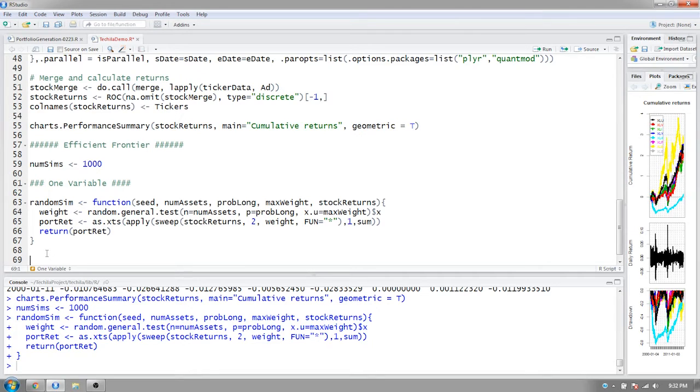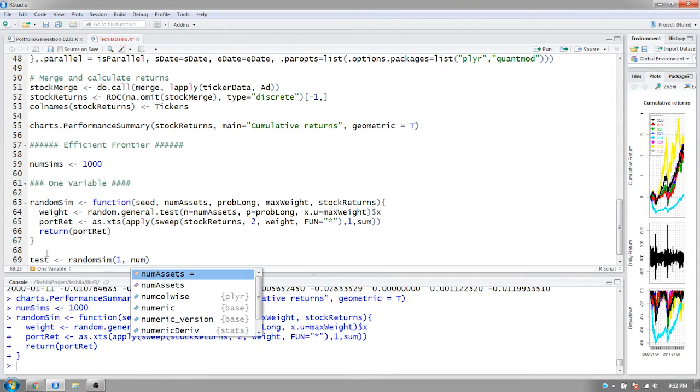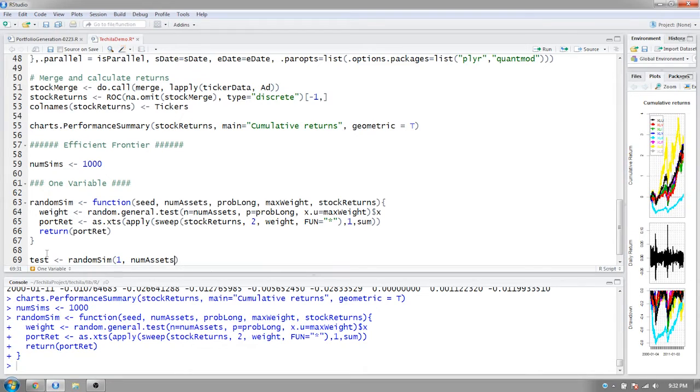So we're just going to call this object test. Okay. And RandomSim, we're going to pass in a seed of 1. We're going to tell it num assets equals, well, num assets. We already have an object called that. Where the probability of going long is 1, right? Okay, we're going to do a long-only portfolio. Maximum weight 50%. And then we're going to pass in our stock returns object. Okay, now if we run that,